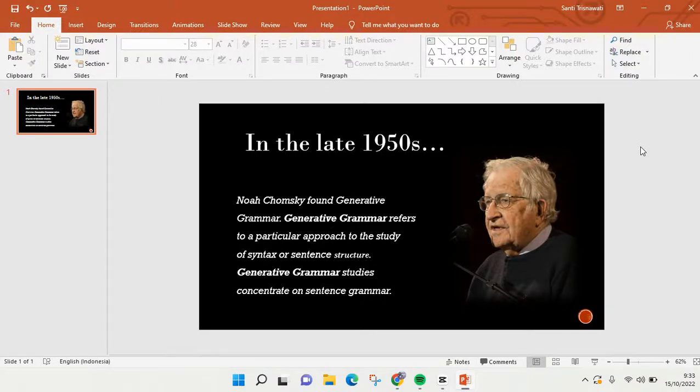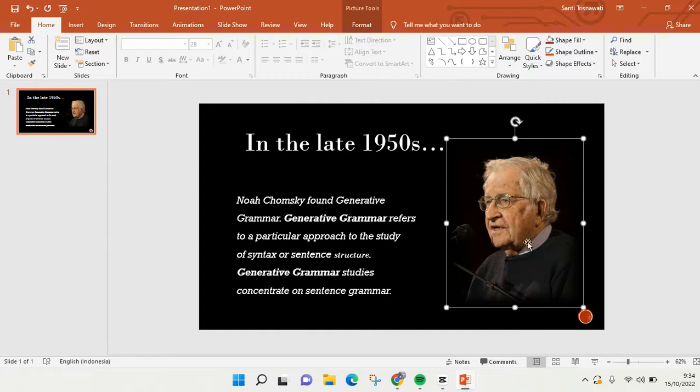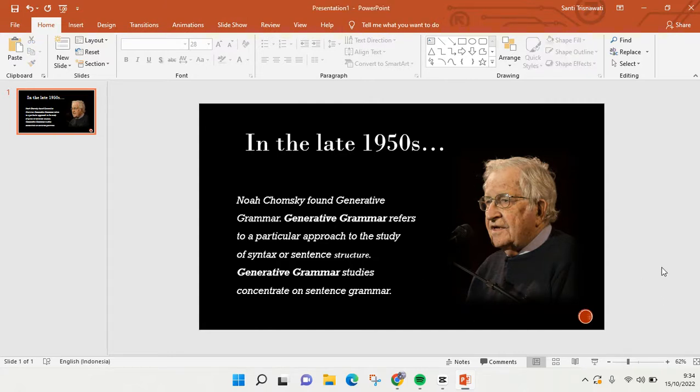In this tutorial, I'm going to show you how to do morph transition on Microsoft PowerPoint. So here you need to start from the second slide. So this is my second slide, and you can add some text or image like this. I got the image from the internet, and you can just use any picture, and then